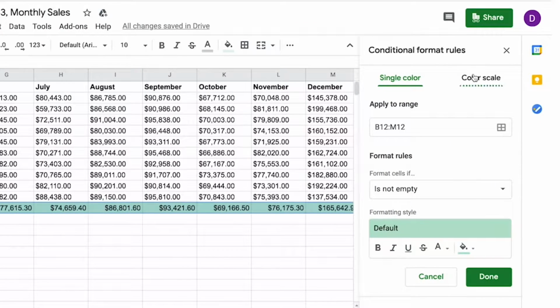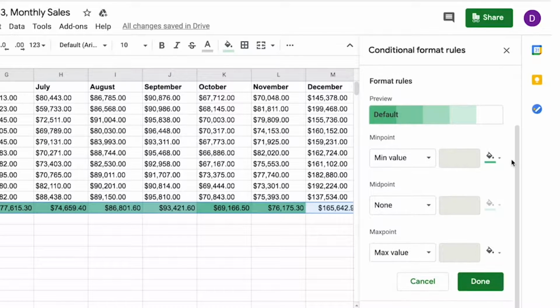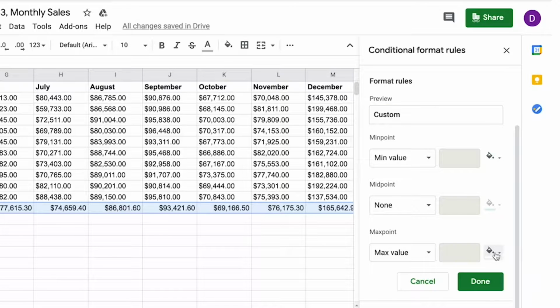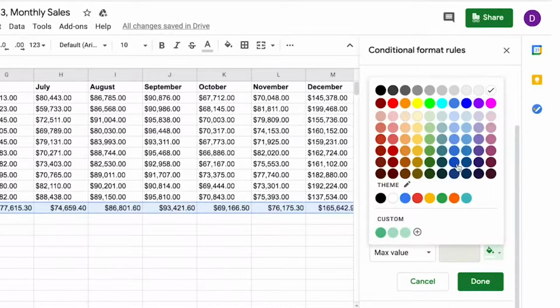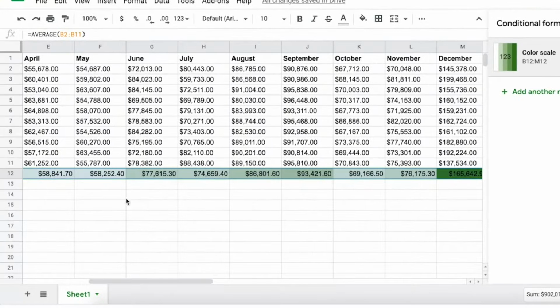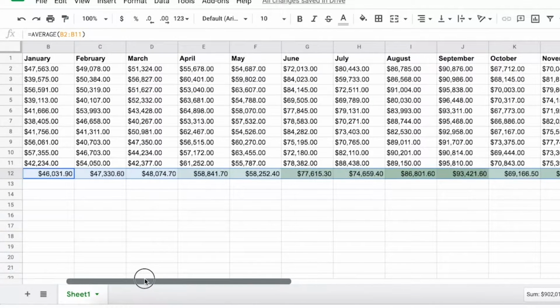We'll use a color scale to show the range of averages with the lowest monthly average remaining as white, and we'll apply shades of green to the rest of the values. The brighter the green, the higher the average.